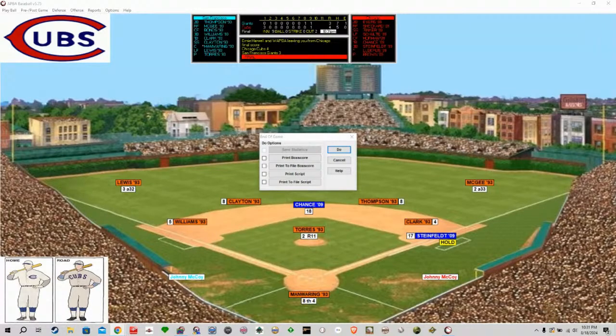The next time we do this, the next tutorial will be on how to recreate an all-star game in Baseball for Windows. And then that will pretty much wrap up. The next game that we'll jump into with some tutorials, unless there's anything else about Baseball for Windows, will be Diamond Mind Baseball, as there's been some interest lately again in Diamond Mind Baseball, which makes me happy. So that being said,